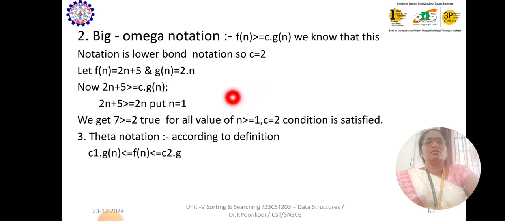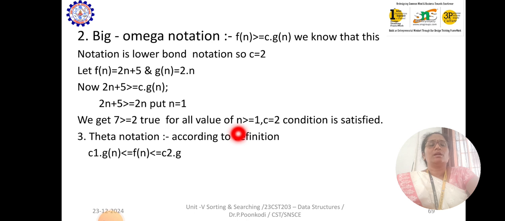You can consider f of n equal to 2n plus 5 and g of n equal to 2 into n. 2n plus 5 greater than or equal to c into g of n. It is 2n plus 5 greater than or equal to 2n. Put n equal to 1. Then we get 2 plus 5 is 7, and on this side 2. The condition is true. For all values of n greater than or equal to 1, with c equal to 2, the condition is satisfied. Now the theta notation, according to the definition,